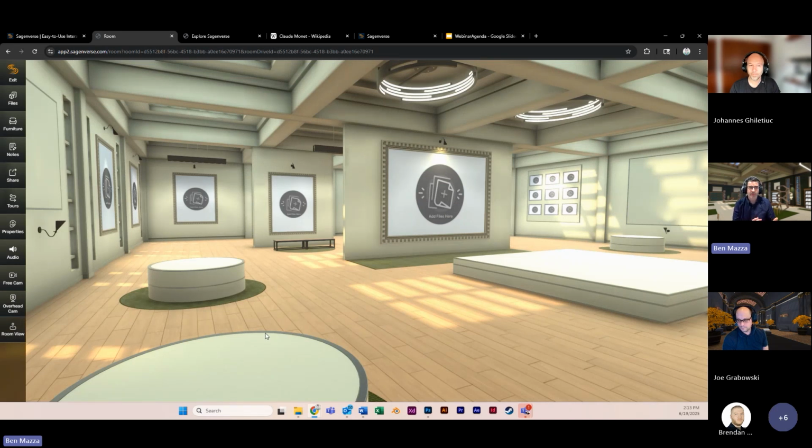So those of you who have used Sagenverse 1 would expect to be seeing all the controls on the top left and right hand sides of the menu. We've done it in 2.0 just to move it all to the left hand side with a series of tabs and palettes that you'll find very familiar if you had used Sagenverse